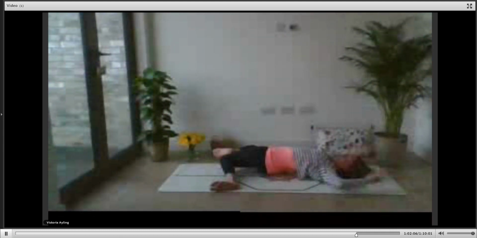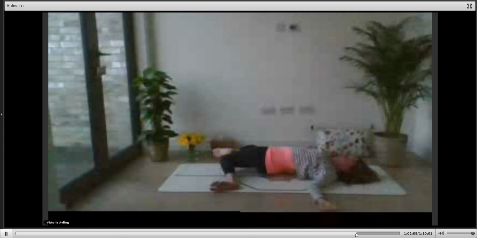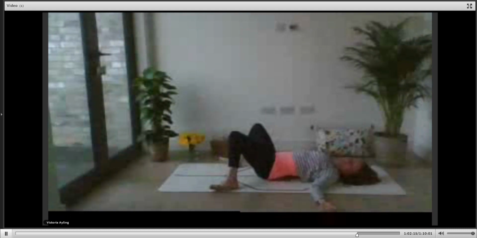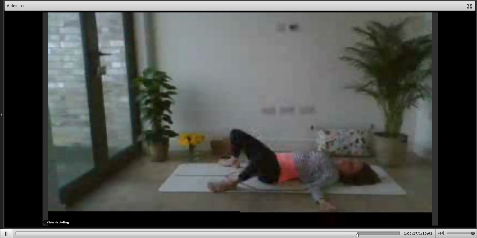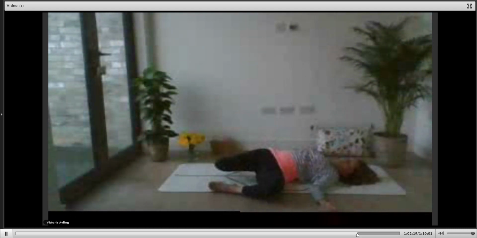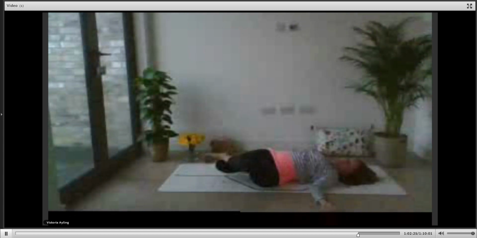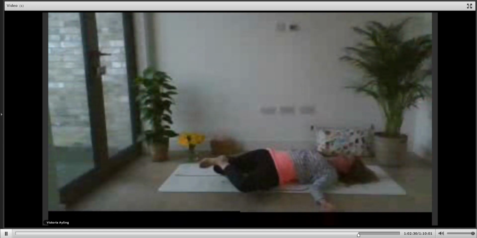And then just taking the arms a little bit lower, so more out to the side. You can bring your right foot to the floor. Bring the knees back to center and then drop them to the other side. And you're welcome to stay here or maybe bring that left foot on top of that right knee. Left foot on top of the other knee.